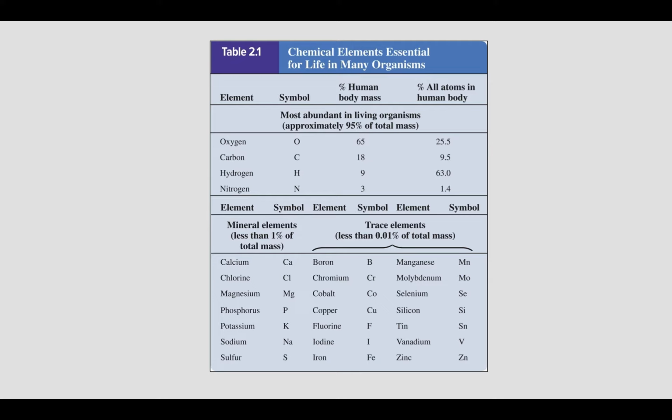All right, so lots of elements on our periodic chart here. There really are only a few that are absolutely crucial for human life. All right, so oxygen, carbon, hydrogen, nitrogen, those are the 4 big ones. All right, and if we look at the percentage of all atoms in the human body, it's a large percentage. We are largely made up of these 4 different atoms.